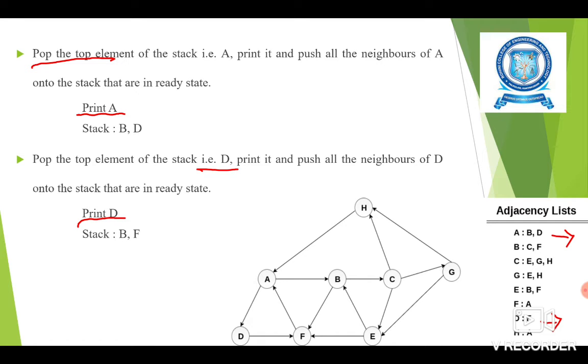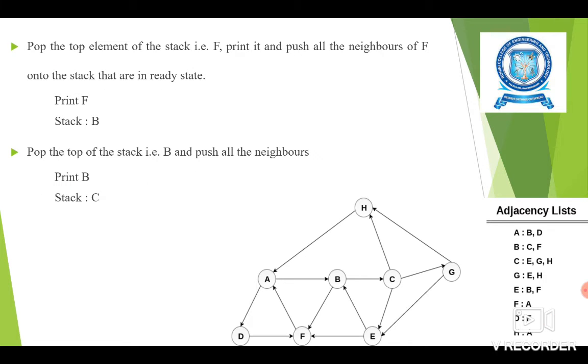So can you tell me which element is going to be popped out next? The stack is containing the elements B and F. So we have to pop the node F. Okay. So the node F is popped,